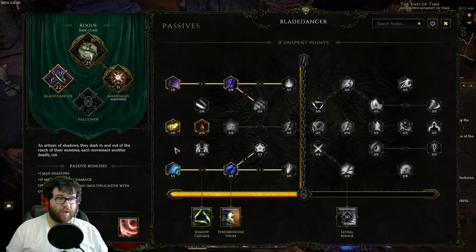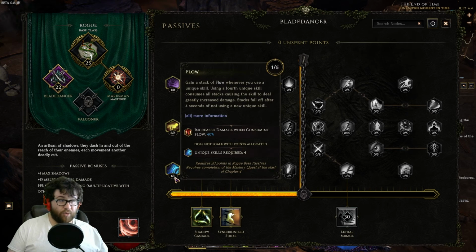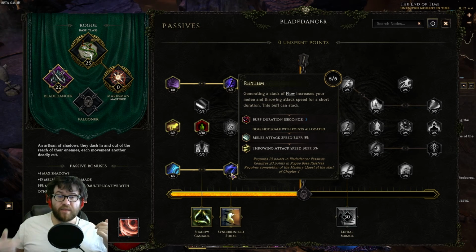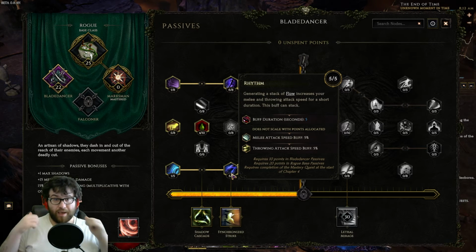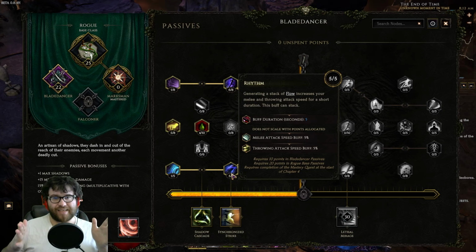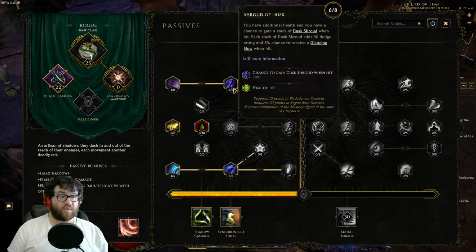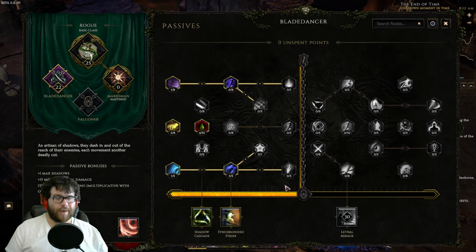For Blade Dancer, 5 points, of course, into Pursuit is very strong because you just get a bunch of free movement speed. 1 point travel to Flow, then 5 points into Rhythm, right, for the throwing attack speed. This makes up for the fact that you do not have throwing attack speed gear early on, which is a-okay because you have this instead, and it works just fine, and it's really nice. And of course, eventually you want to fill up a Shroud of Dusk for the HP,